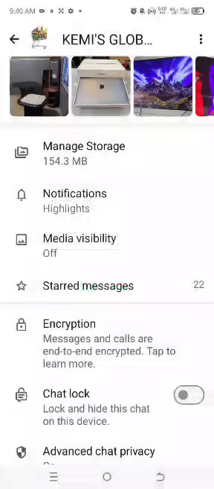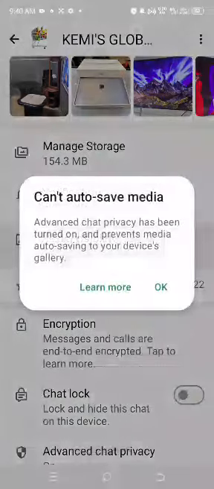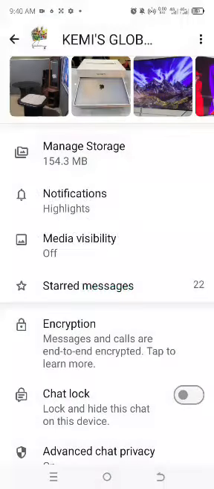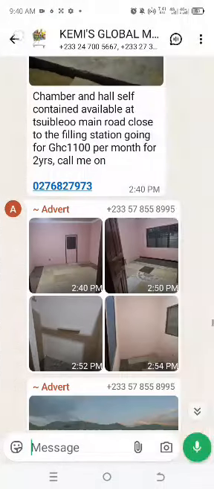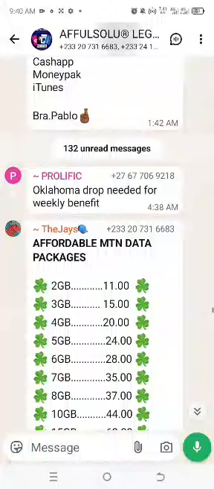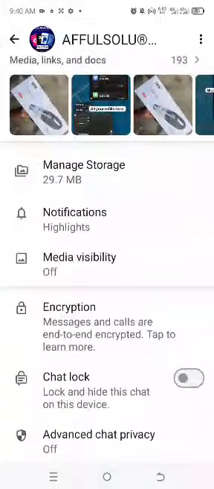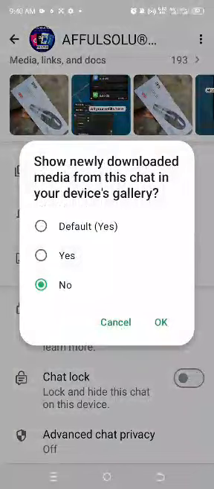You see, my own, I have turned it off. Let me see another group that is not turned off. I will show you something. Very good. Now look at this group. Show newly downloaded media from this chat in your device gallery. You see, when you go to default, that means anything that has been sent to this group will be downloaded onto your phone automatically without you yourself downloading it,